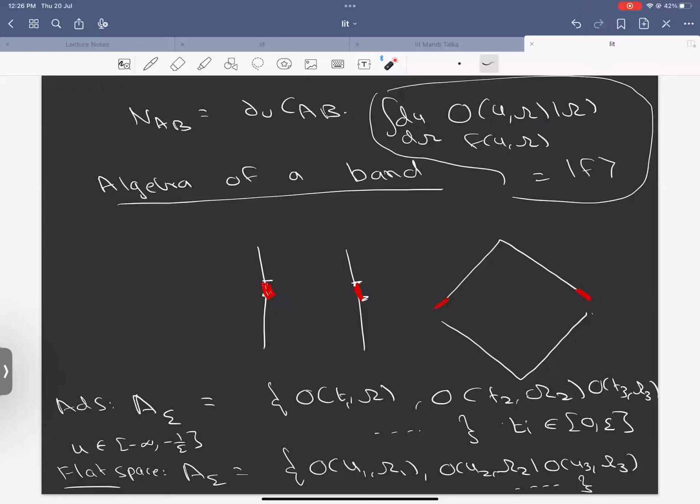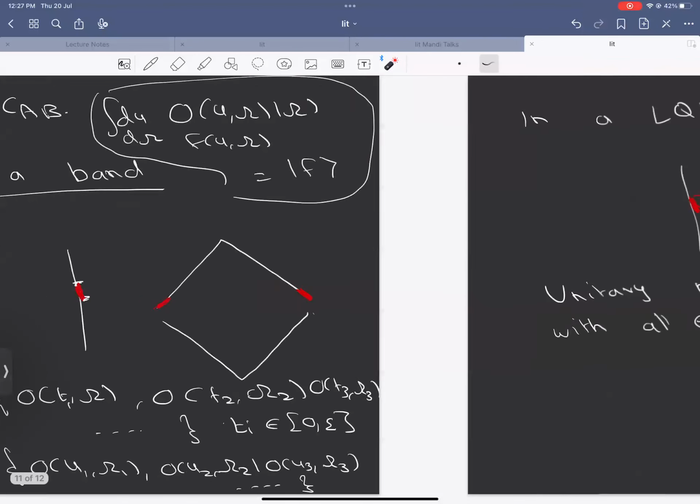Otherwise, it should be the full algebra, right? The algebra in this small region should be the algebra of the full null slice, right? Yeah. So what I want to contrast here is how things change in the absence of gravity and in the presence of gravity. In the absence of gravity, the Hamiltonian is not an element of the algebra. And as I'll emphasize, in the presence of gravity, the Hamiltonian is an element of the algebra. Okay. Thanks. And that makes a difference.